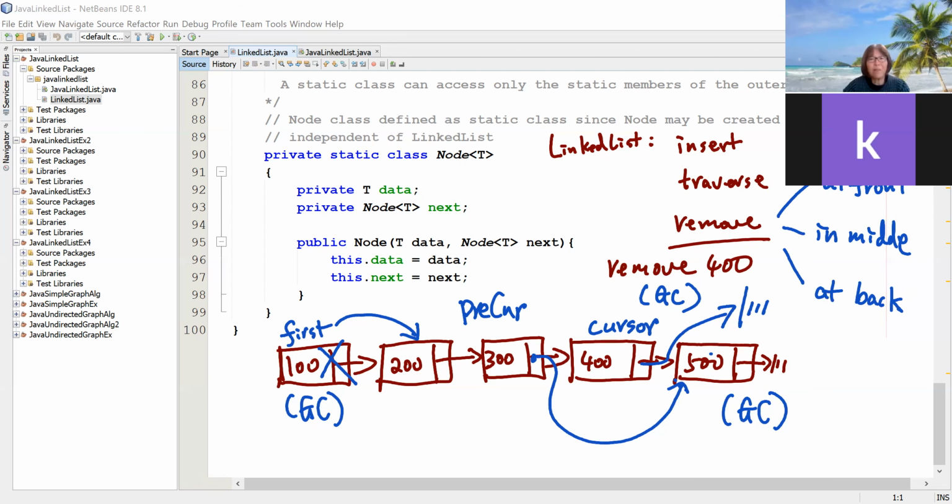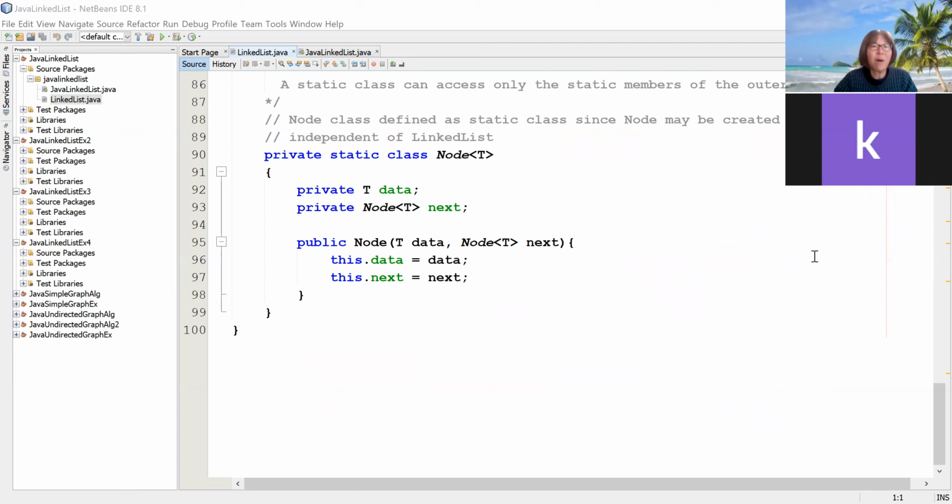So that's regarding the remove operation. So we understand the idea of how, for the linked list, we insert, how we traverse, and how we remove. And I think today let's just